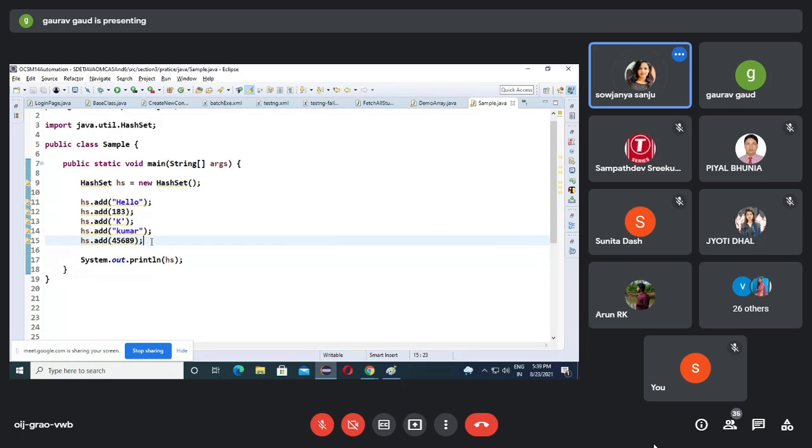Will you override the hash code in a HashSet class which is declared by Java people? Predefined classes are not editable. Tell me, can you add your own method in the String class? No, right? Problem solved. So, clear up to this? Then my question is, what is the use of HashSet?